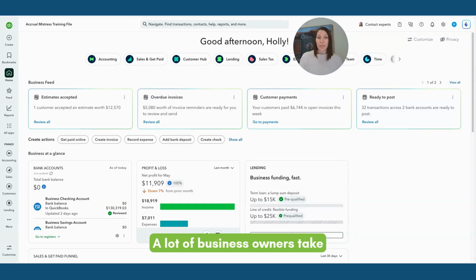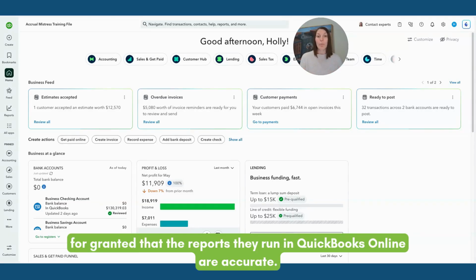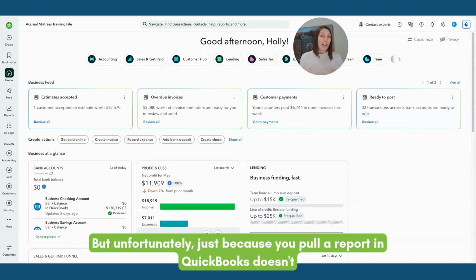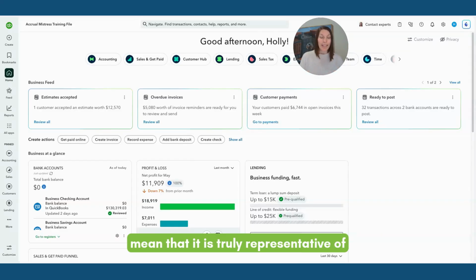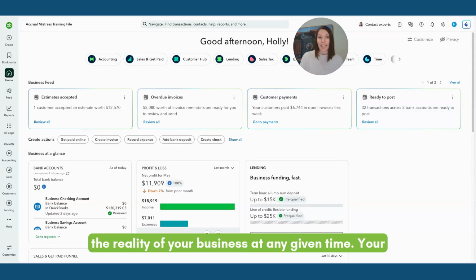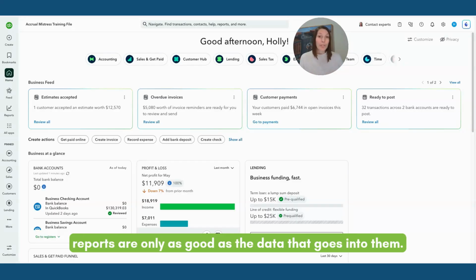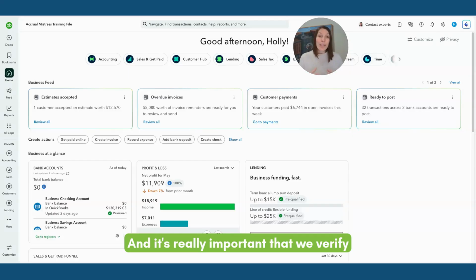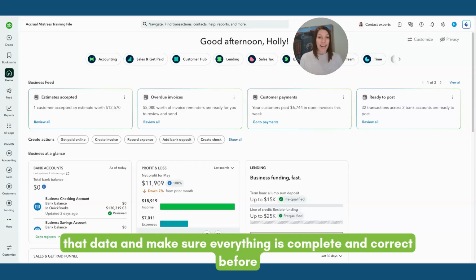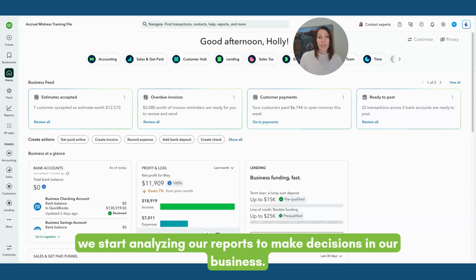A lot of business owners take for granted that the reports they run in QuickBooks Online are accurate. But unfortunately, just because you pull a report in QuickBooks doesn't mean that it is truly representative of the reality of your business at any given time. Your reports are only as good as the data that goes into them, and it's really important that we verify that data and make sure everything is complete and correct before we start analyzing our reports to make decisions in